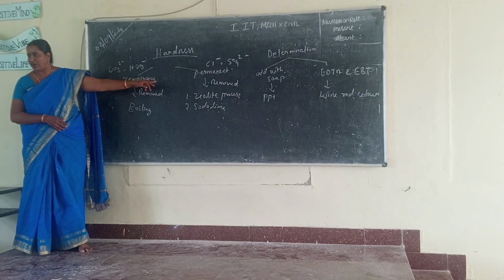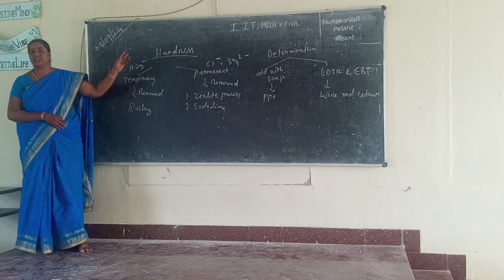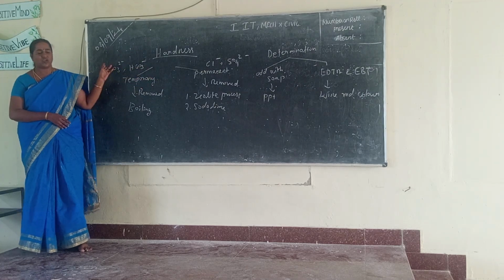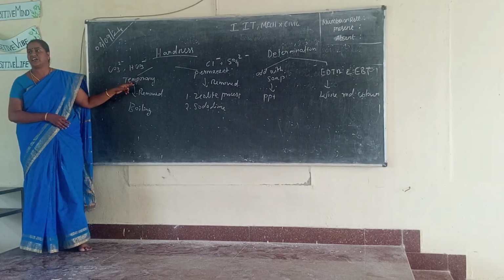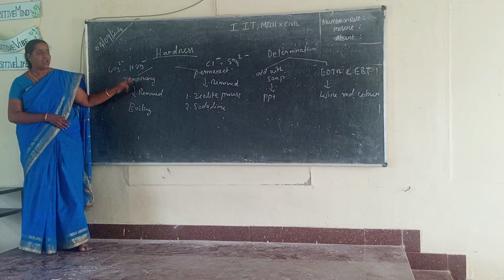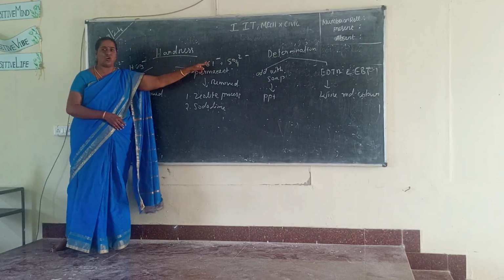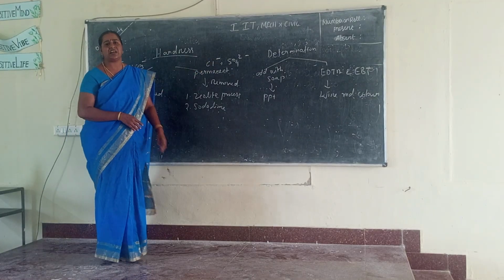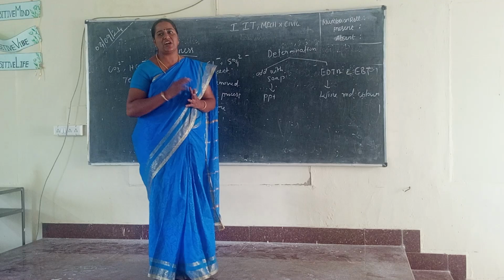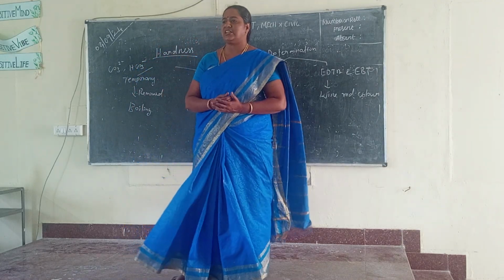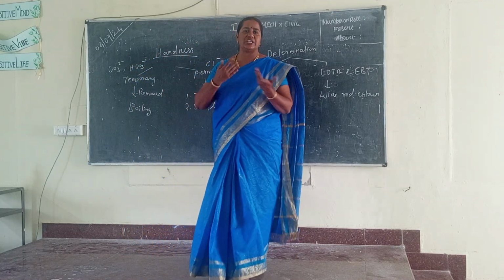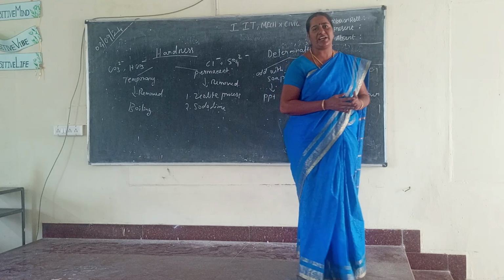There are two kinds of hardness. First one, temporary hardness, second one is permanent hardness. So carbonate and bicarbonate salts are responsible for temporary hardness, and sulfates and chlorides are responsible for permanent hardness. Some of the salts: calcium chloride, magnesium chloride, calcium sulfate, magnesium